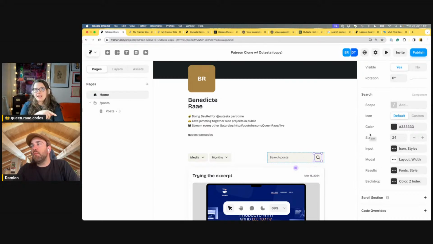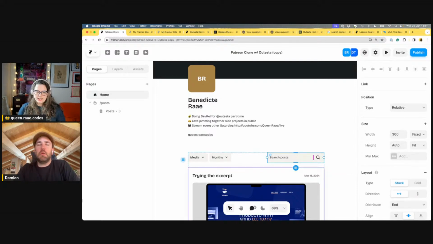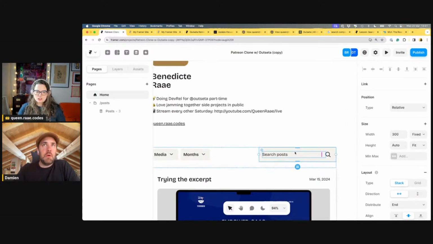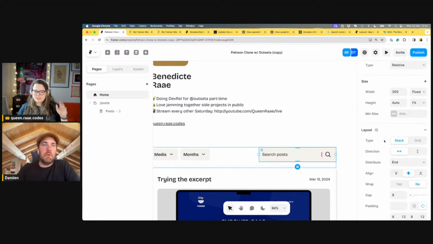Well, if we put one behind and then we let clicks go through the large container, could that work? Not sure, because I think it's like an out-of-the-box component, so I'm not sure what's behind it. Scope. No, I was thinking, Mary, if we make this a search post component, the one that I've highlighted now,